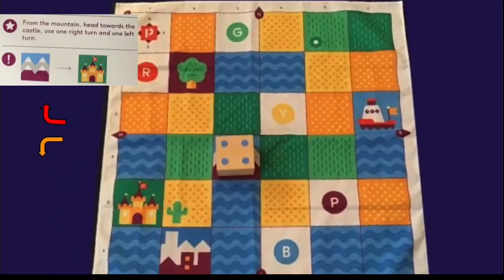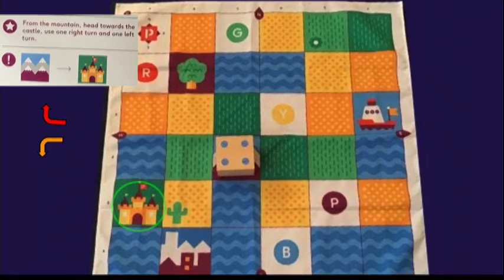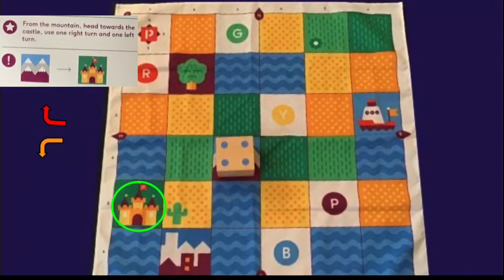Cubetto needs to get from the mountains to the castle square. And we have an extra challenge. We have to make sure to tell Cubetto to turn right one time and to turn left one time. Can you find the castle square on the mat? Good job! We'll start by having Cubetto move forward with,